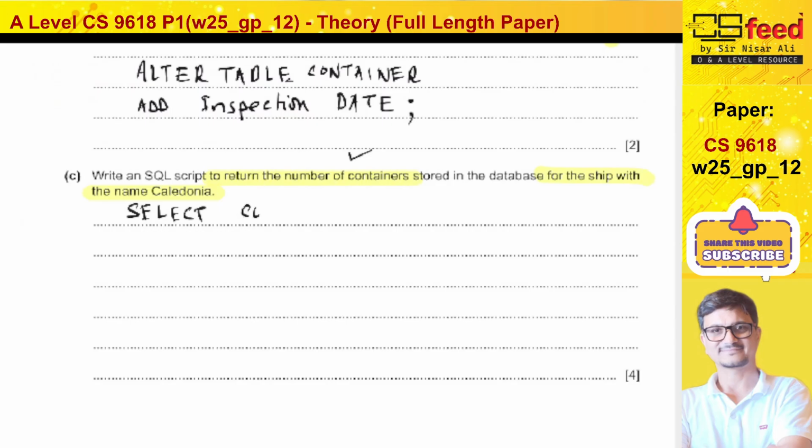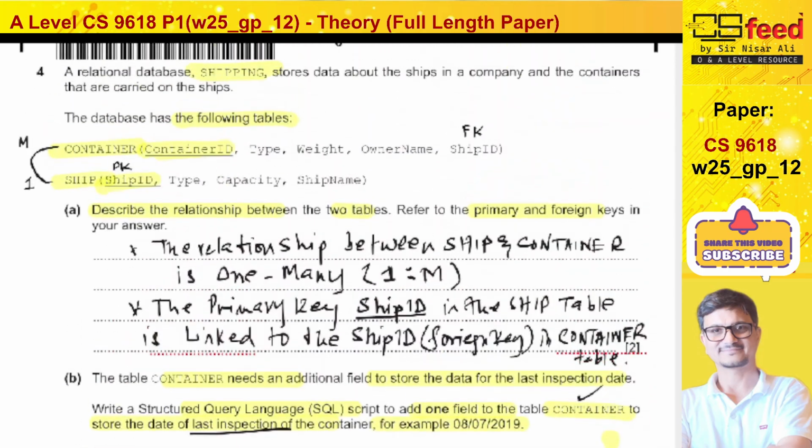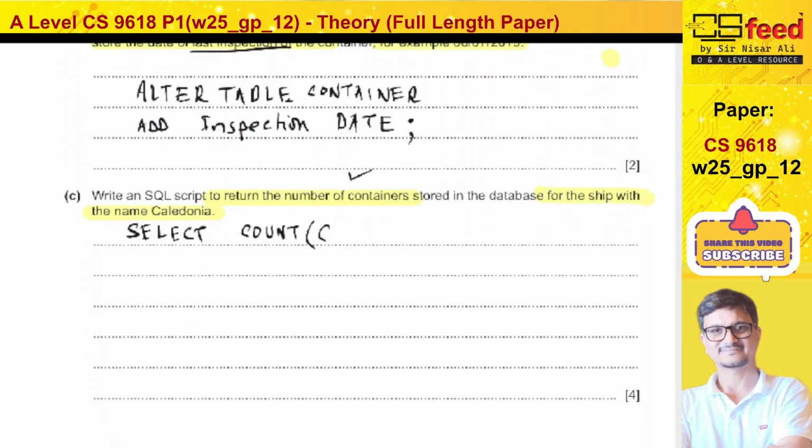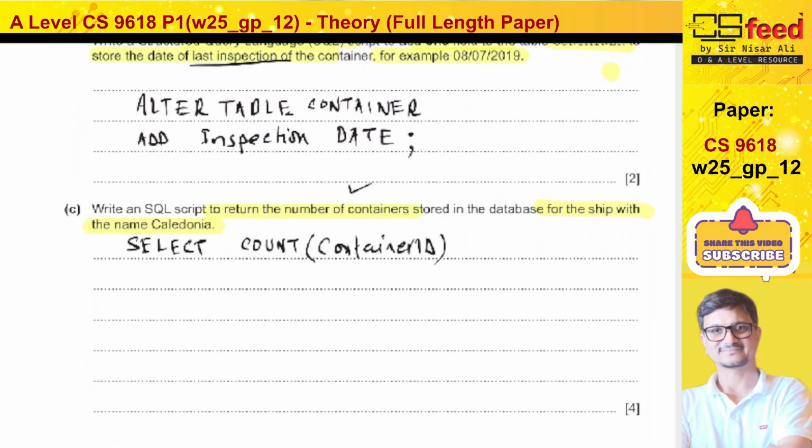Then we have to use the count. Select count. We can write it in. And what is the number of the container? So the field is the container ID. So we'll put here container ID. The container ID and stored in the for the ship with the name